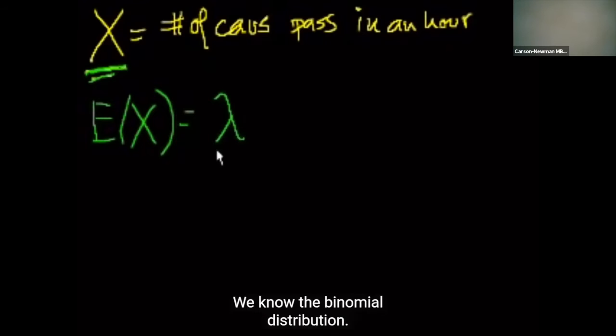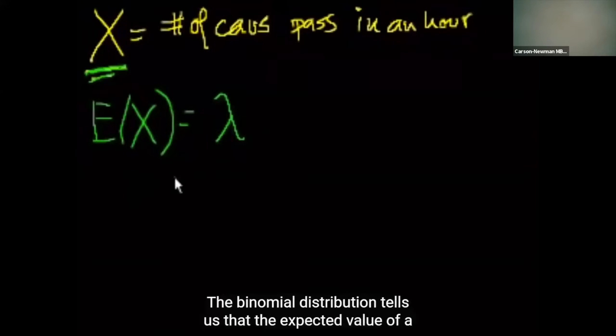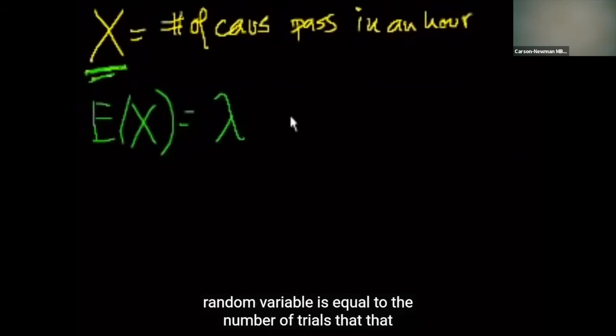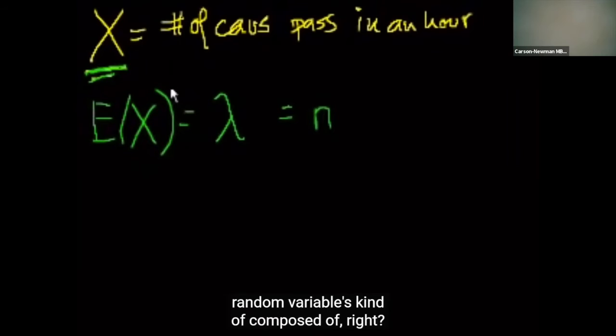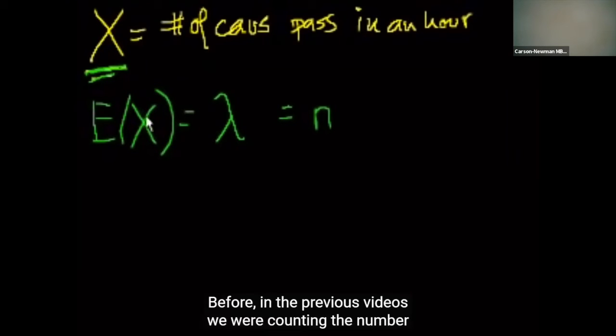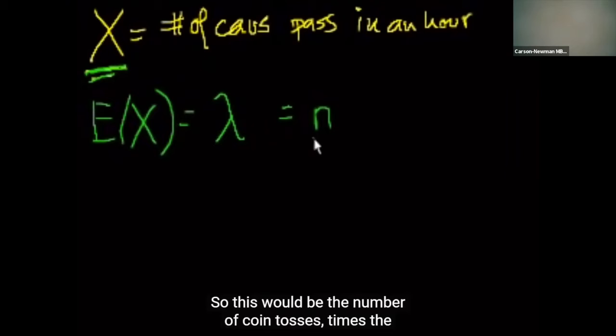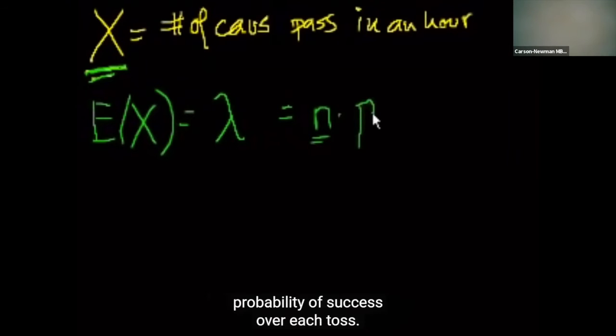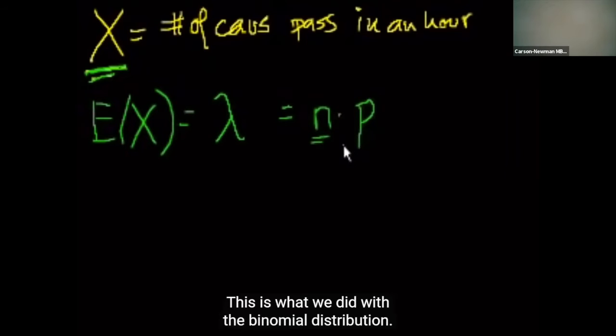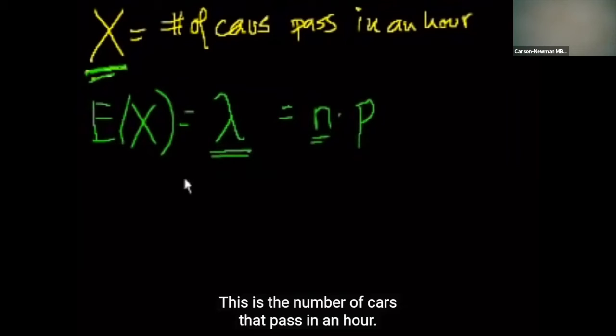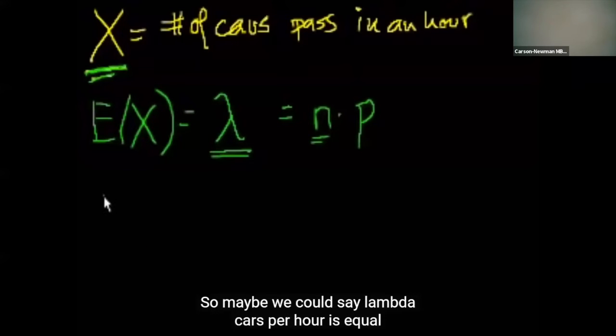We know the binomial distribution, right? The binomial distribution tells us that the expected value of a random variable is equal to the number of trials that random variable is composed of. Before, in the previous videos, we were counting the number of heads in a coin toss. So this would be the number of coin tosses times the probability of success over each toss. This is what we did with the binomial distribution. So maybe we can model our traffic situation similarly. This is the number of cars that pass in an hour, right? So maybe we could say, lambda cars per hour